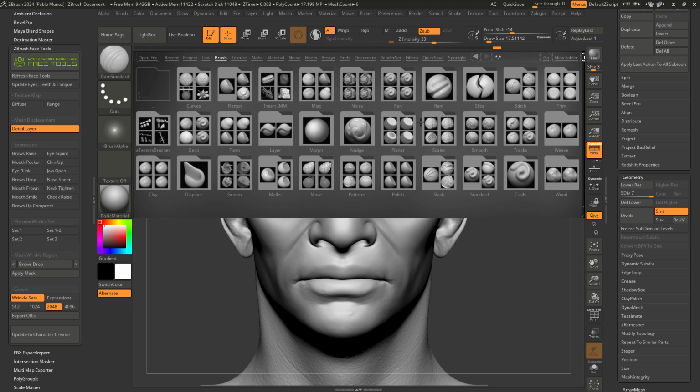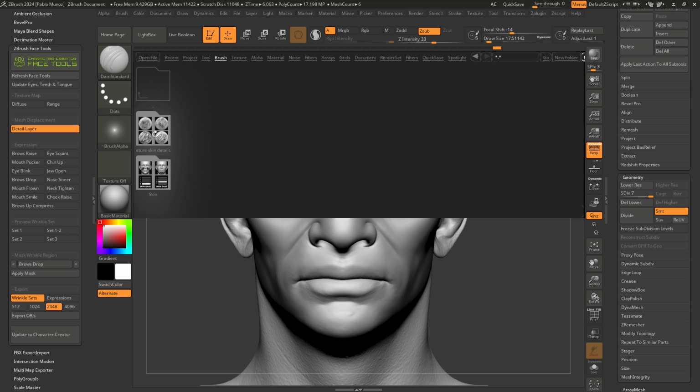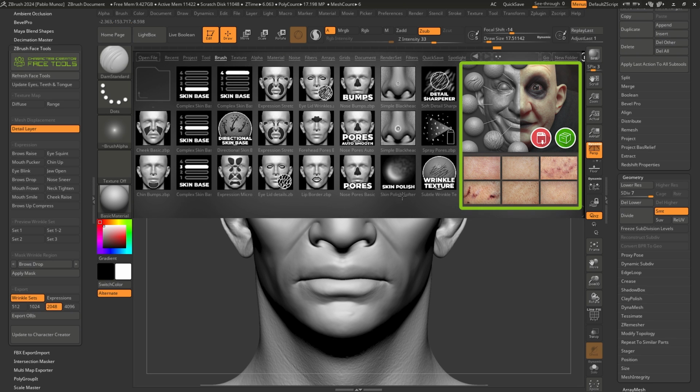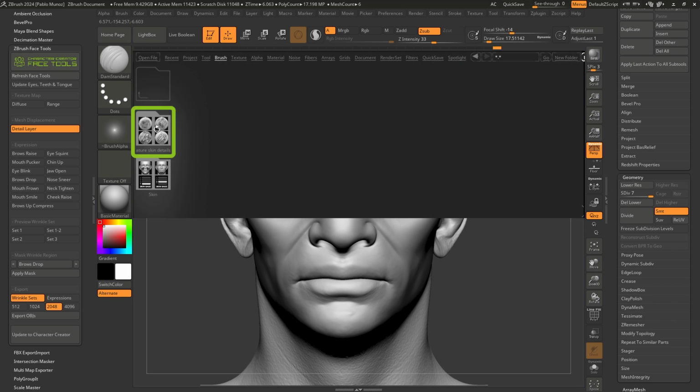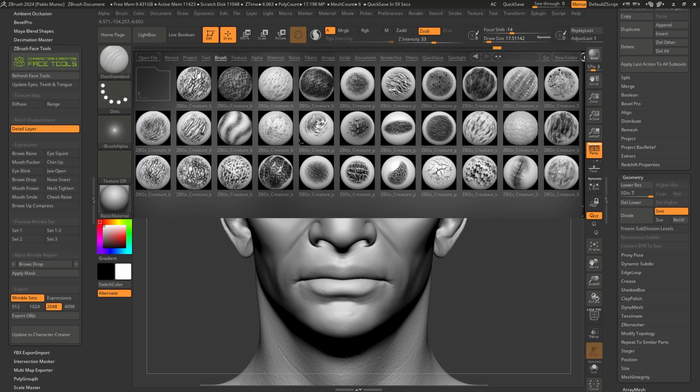But just so that you know which ones I'm going to be using, I'm going to go to my brushes. So I have a couple of packs here. I have the skin pack that comes with all of these brushes, and I also have the creature skin pack. I just want to show you both because you might want to go for a human character, or you might also want to go for an alien creature type of humanoid character. So you can totally do that with this type of brushes.